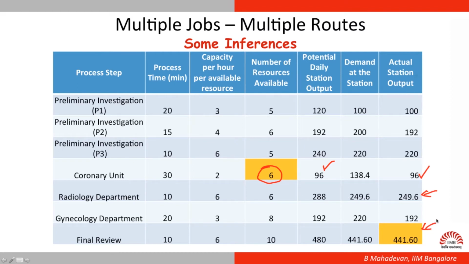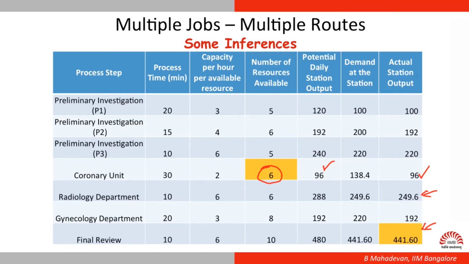So earlier with 5 coronary units, if you may recall, we had 425 and odd patients getting serviced in the health center. Now with an addition of a coronary unit, we find that this number has gone to 441.6. So there is an increase. Now one can explore this further, one can make it 7 units, perhaps 8 units and so on. So let us look at a number 9.